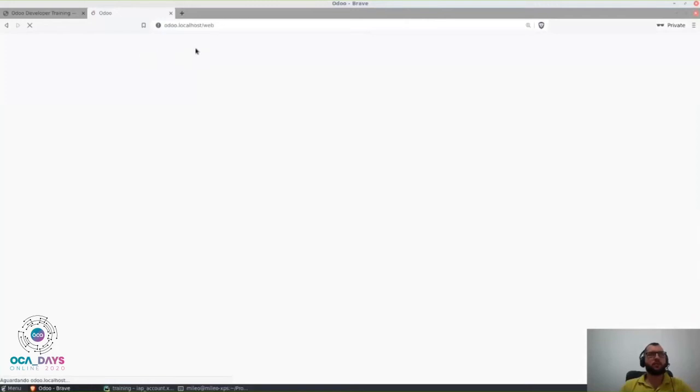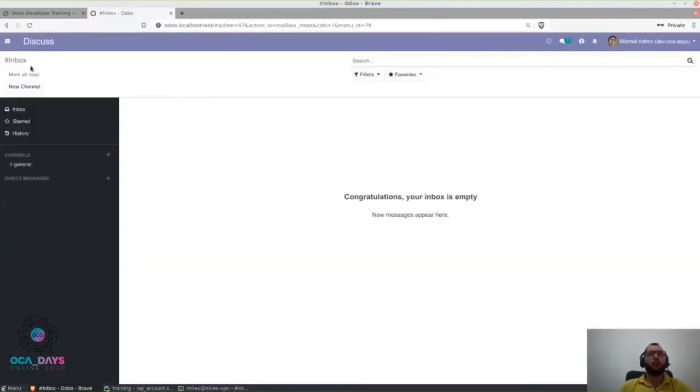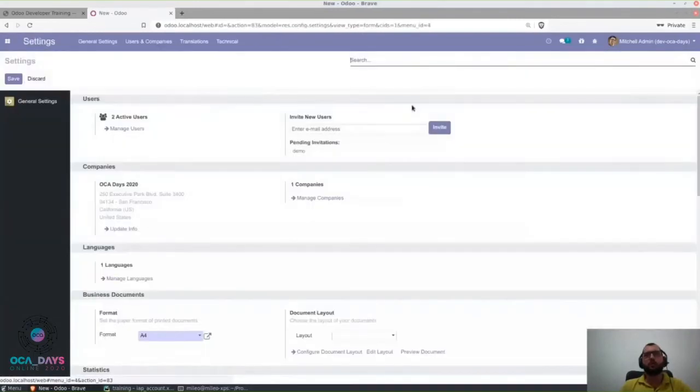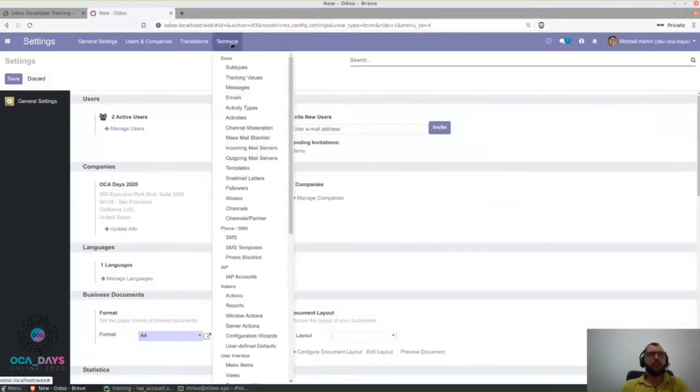For you that don't know, we have to go to the settings menu, and if you go to the option technical, we're going to see the IAP account here,